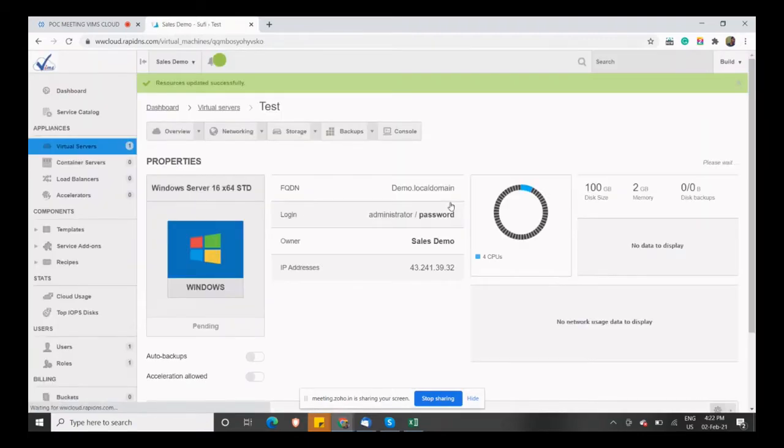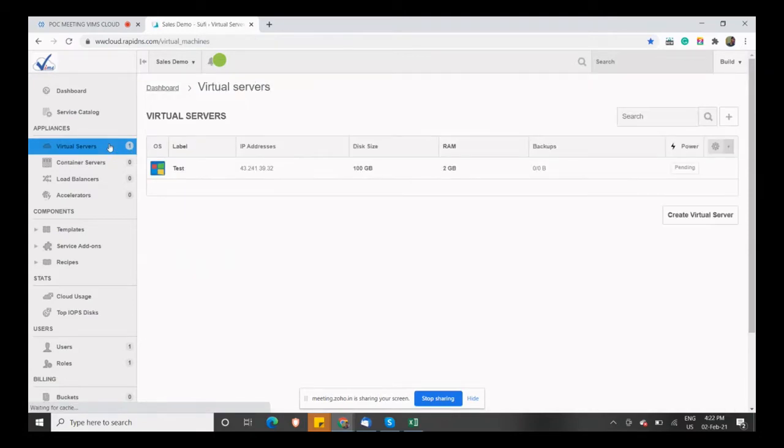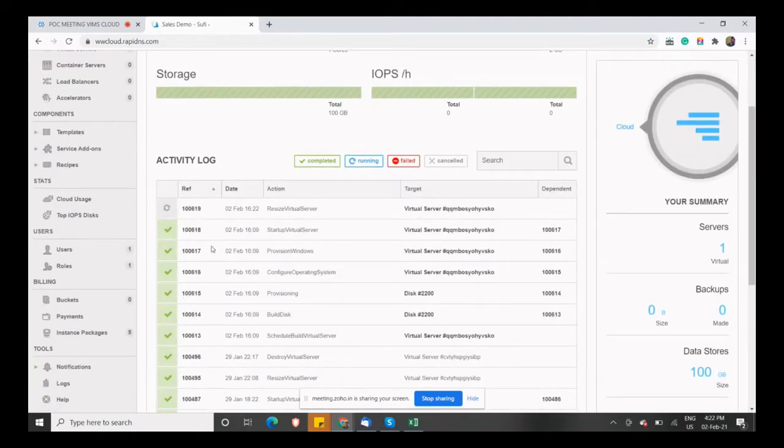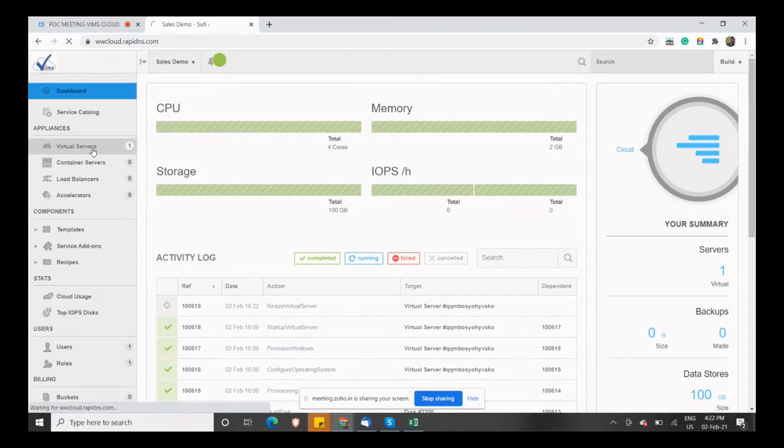I'll show you how exactly it works. You can click on continue resizing. It is under the training period, and you can also see logs here. Resize virtual server along with the reference.